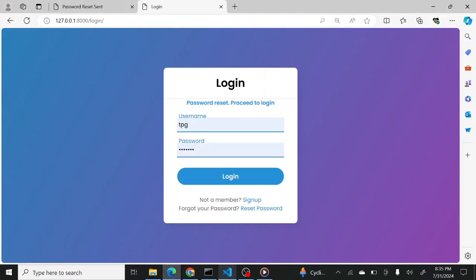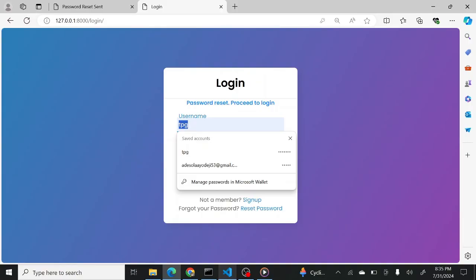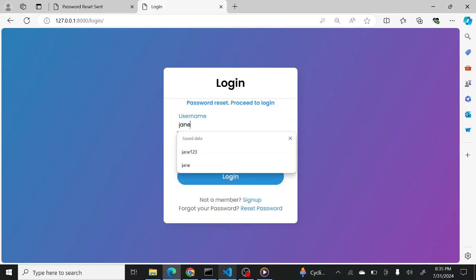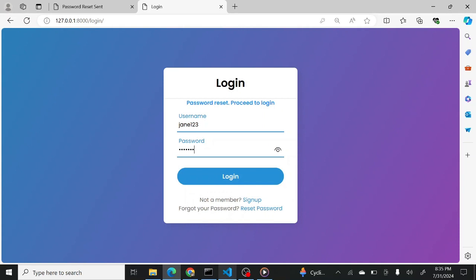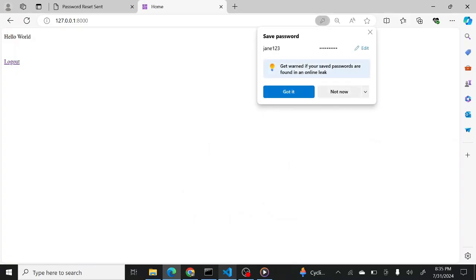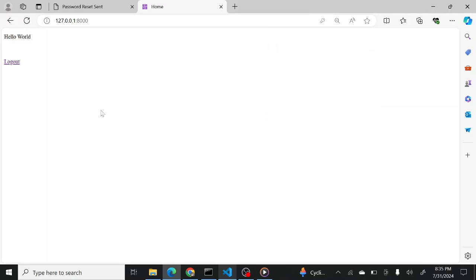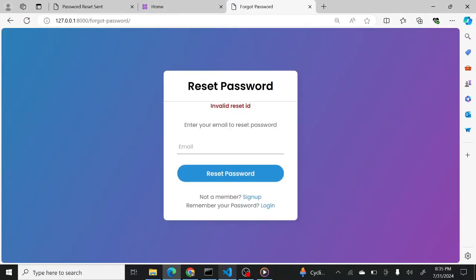So what I'm going to do is try to log in with the credentials. I believe the account is called Jane123, and I'm going to log in with the new password. Once I hit login, hopefully that should work, and you can see that we are being redirected to the login page because the credentials were successfully set. Now, if I tried resetting my password again with that link,